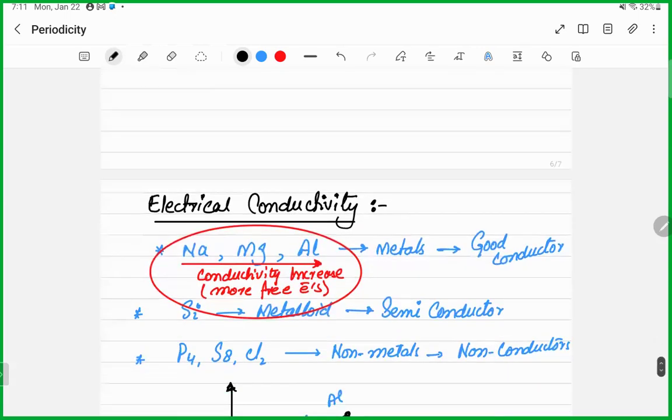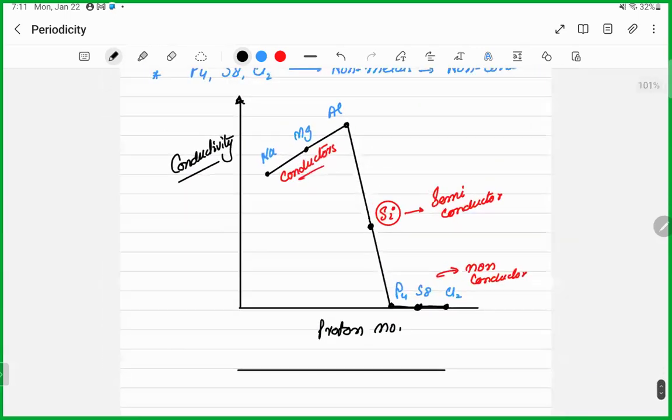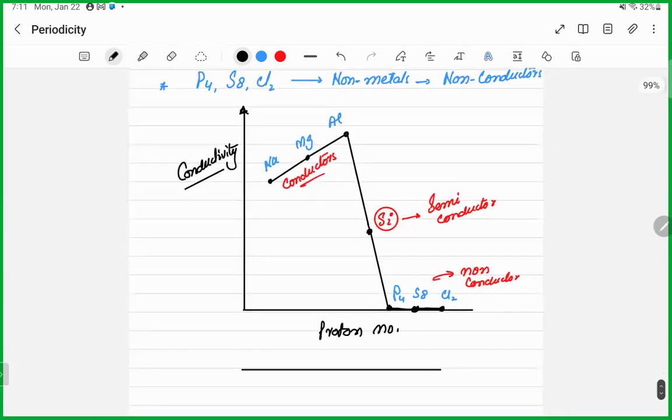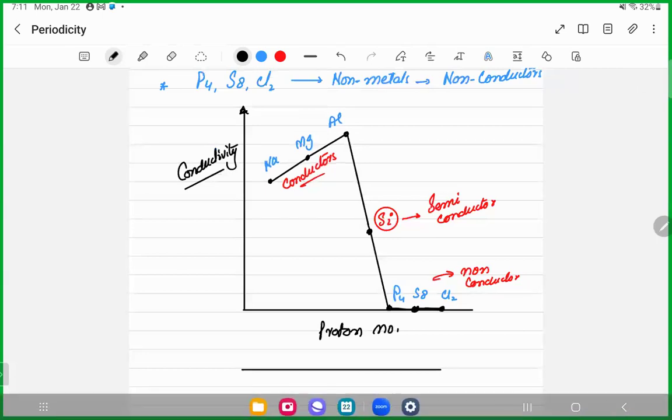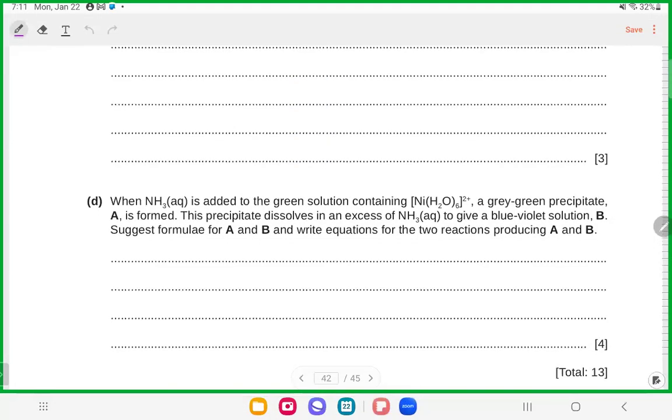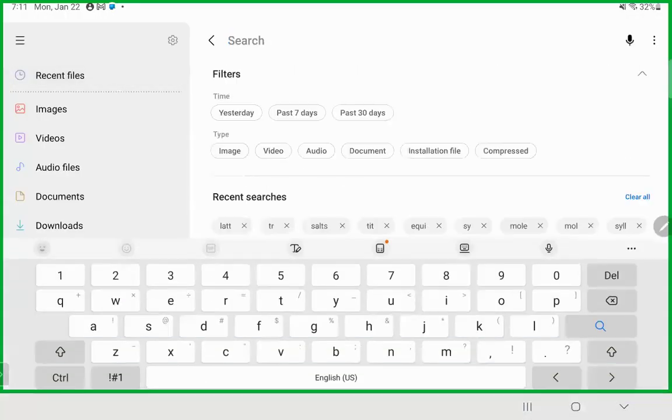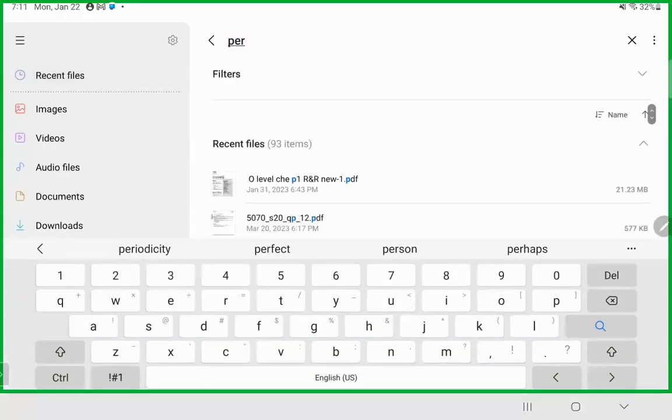In a similar way, electrical conductivity graph is okay, but it is still something very different. ठीक है, so let's see कि हमें कोई फायदा भी हुआ ये पढ़ने का या नहीं। periodicity,